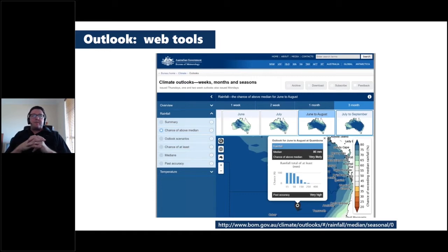It's really the shape of that curve that you're looking at. It's quite a reasonable set of odds that you're going to get above median, 86 mil and above. More than half the observations are in those categories. But if you want a bit more detail about the forecast, that's a really nice tool to jump in on and use. All free, all available and kept up to date.